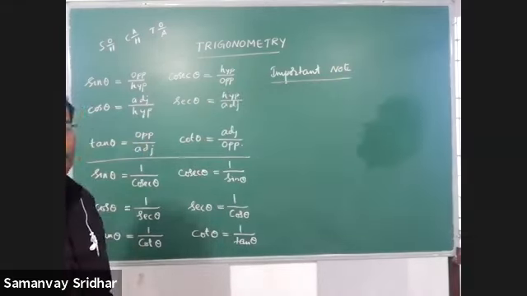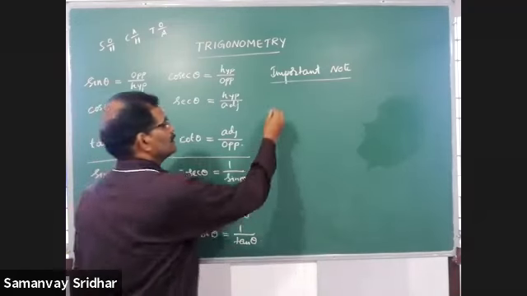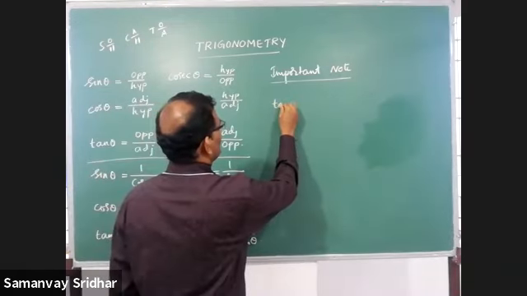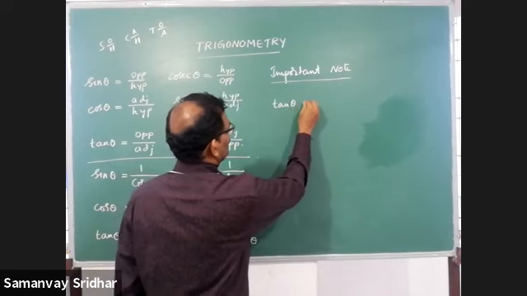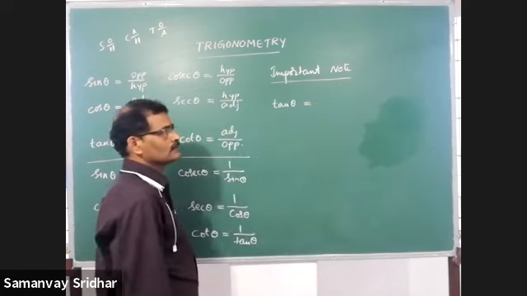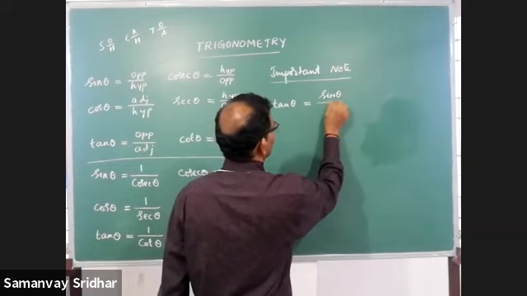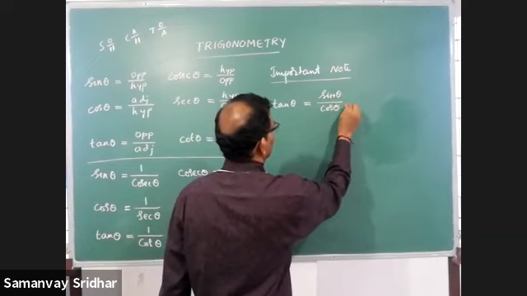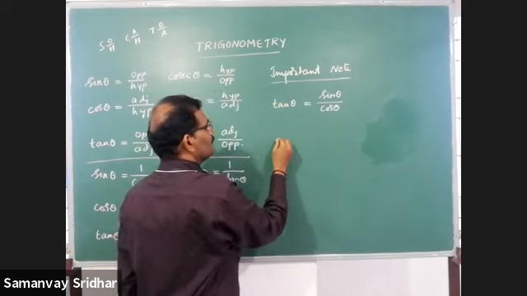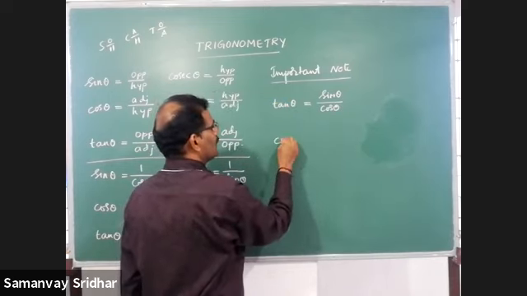I'll explain later, but I'll give that first. That is tan theta. We can write it as sin theta by cos theta. Right? Then cot theta can be written as,